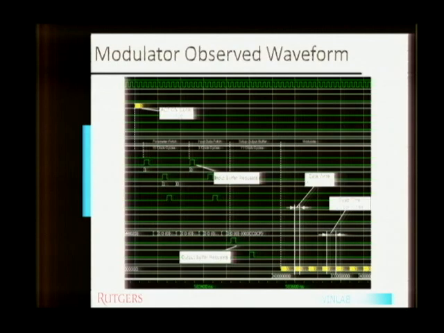Now this is an observed modulator waveform that I picked up directly from the simulations. This is a clock that sits on the top. We have the action signal coming here from the command decoder. So that's where the modulator is triggered. We take some clock cycles to parse the command to know the rate and modulation. And then after we set up the output buffer, our actual writing starts here, where there's one clock cycle to write one modulated data. And we have a dead time between two writes, which is 2 clock cycles. So here you can see it takes 3 clock cycles to modulate one data, or to process one bit.